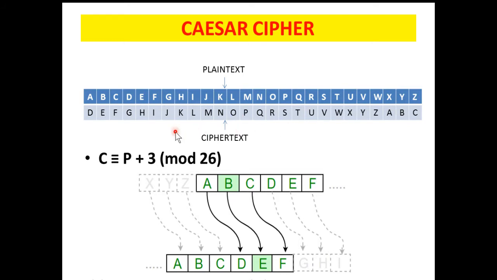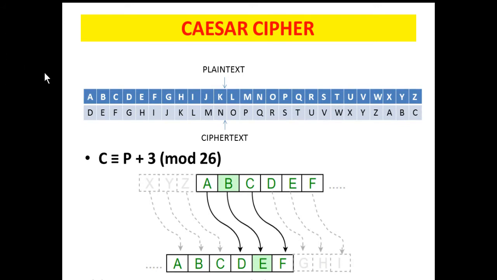Here we are using the alphabet A to Z, and we are replacing the original message by these alphabets only. But how do we replace? Just see. The upper line of alphabets is the plain text. The lower line is the ciphertext. If you have A in plain text, then that will be replaced by D. So we are going three steps ahead: after A, B, C, D. That means your ciphertext is the plain text plus three steps ahead, whatever the alphabet is.